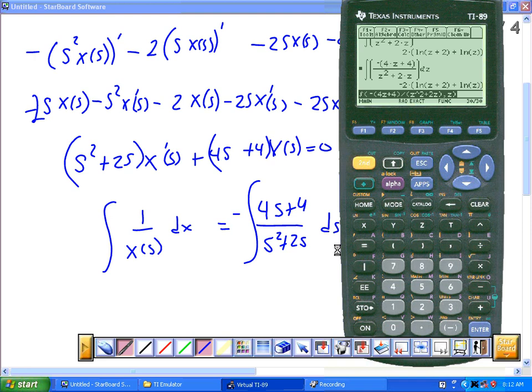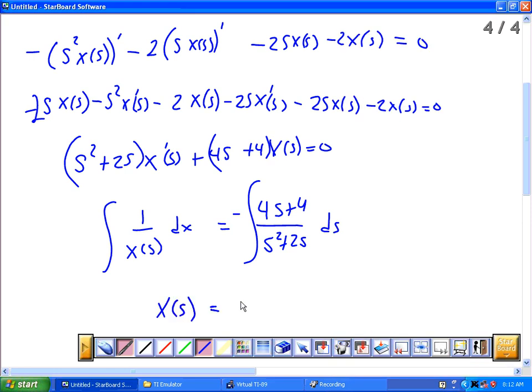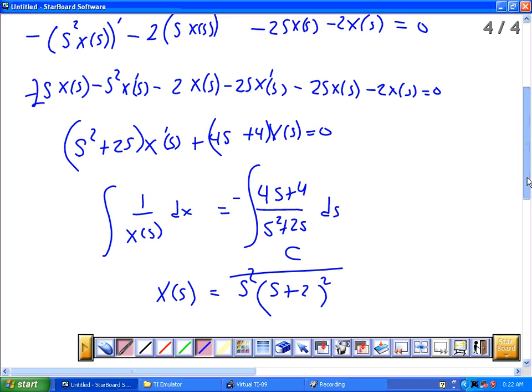Okay. And so when you redo this, then you get the ln over here and ln's over here. They're both on the bottom though, because of the negatives. So what you end up with is x of s is equal to s squared, and then (s plus 2) squared. The constant on the top. Now what you can do. Alright, and so